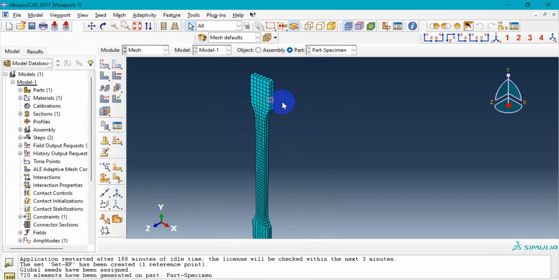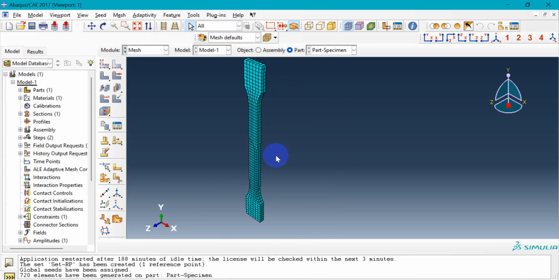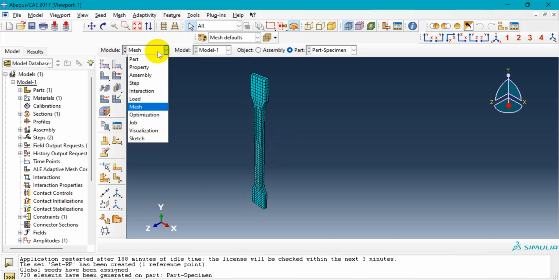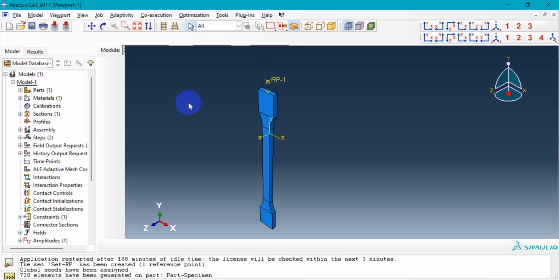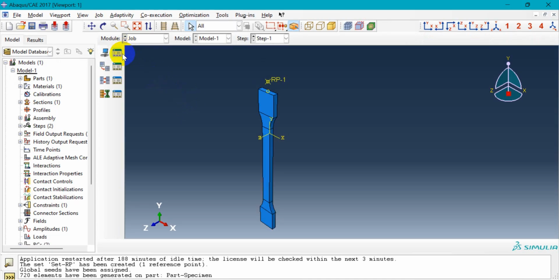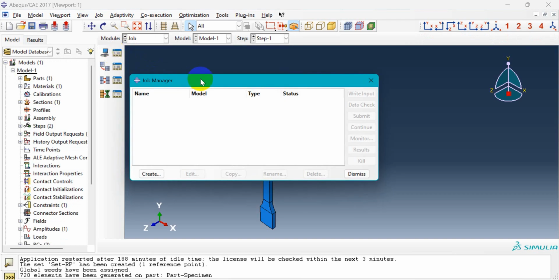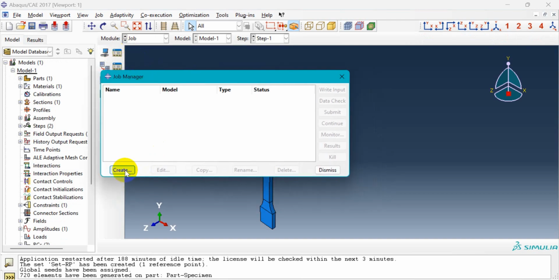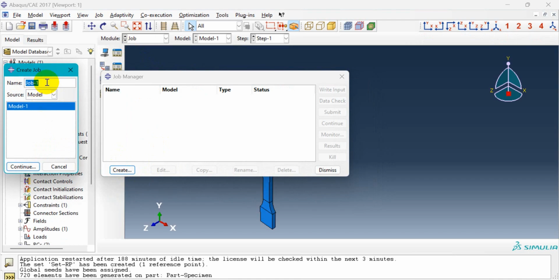Now the element types are also assigned. Now all the modeling parts are done. We need to go and create a job now. So you go here, job manager, create one, job 1, model 1, continue,